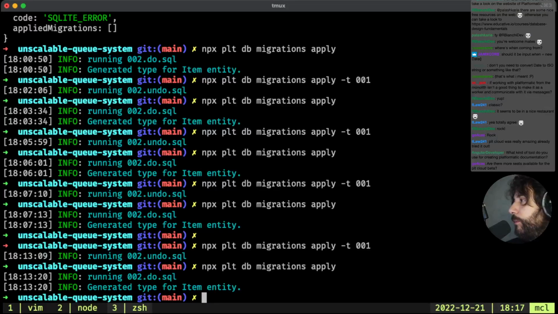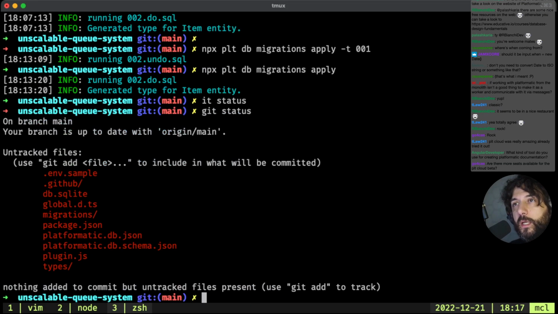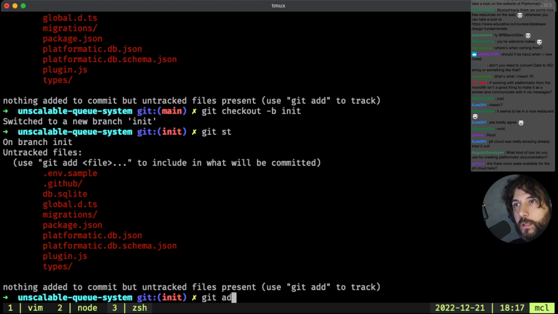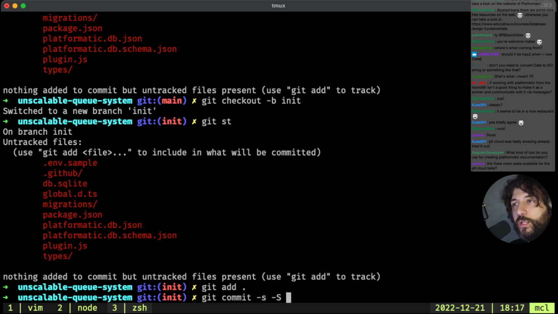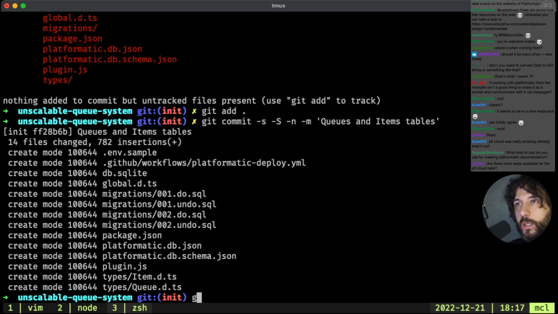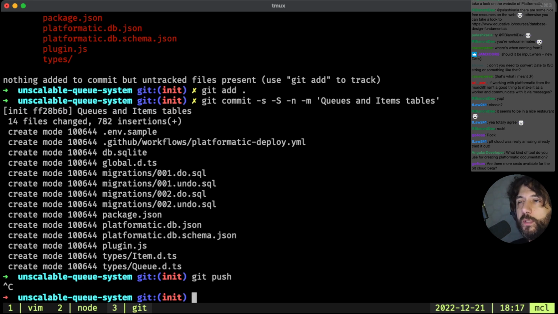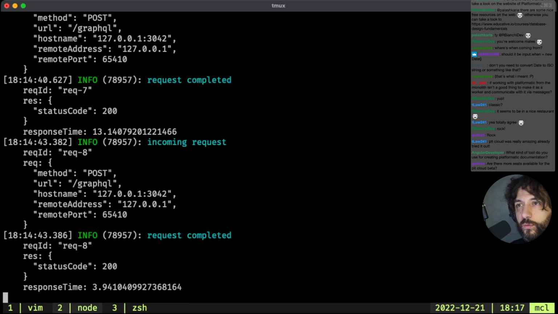Then we can go back here and say git status and git checkout -b init, then git commit -s -m "queues and items table" and push. Oh, I did it wrong. Sorry, I did it totally wrong.